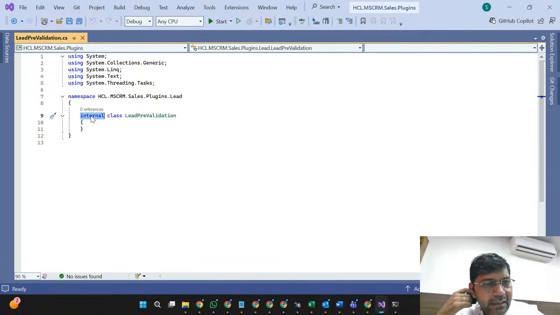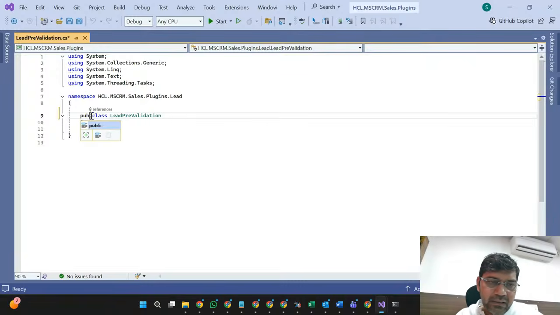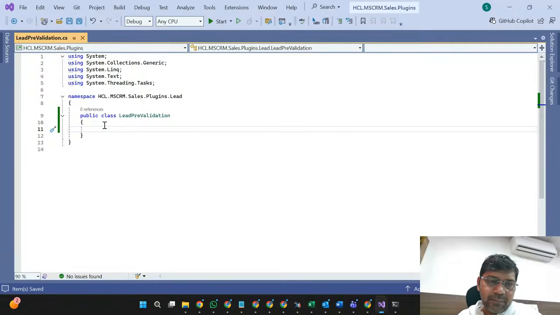You can learn what types of access specifiers there are in C sharp, what the benefit is, and when we have to use which specific access specifier. If I were to give you that level of information so that you can learn .NET, then only I can give you the entire details, but we have limited time here. So this should be the public access specifier so that you can register your code on the plugin side.